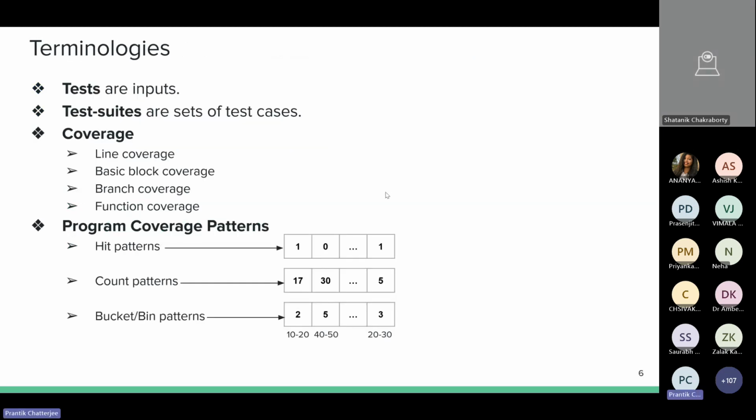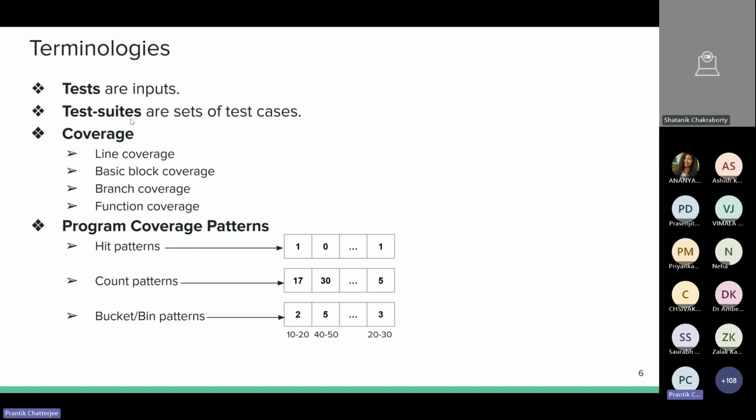All right, so moving on, let me define a few terminologies that I'll be using through the rest of the talk. So firstly, when I talk about tests or test cases, what are these? So tests are essentially inputs to a program. So when I write a program, let's say again, taking a very simple example, I have a program which takes an input and tries to determine whether this input is even or odd. So when I have written this program, to see whether this program produces these expected outputs or not, I try to run this program with different inputs. So this essentially becomes my test cases for this particular program.